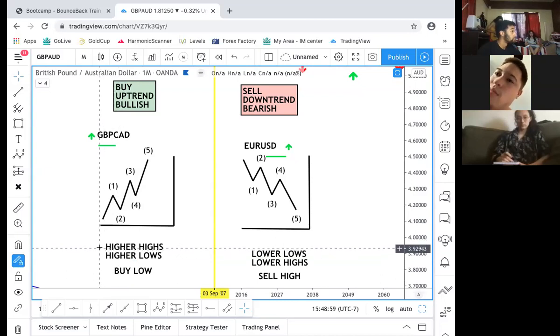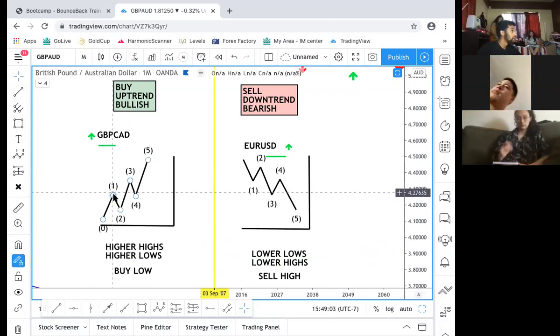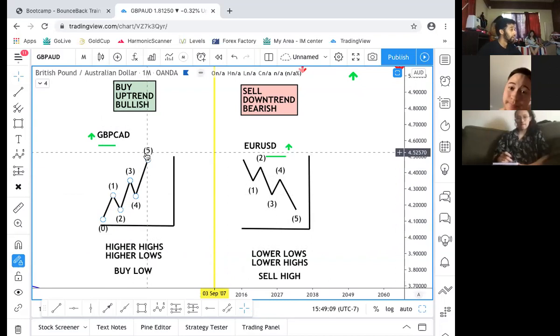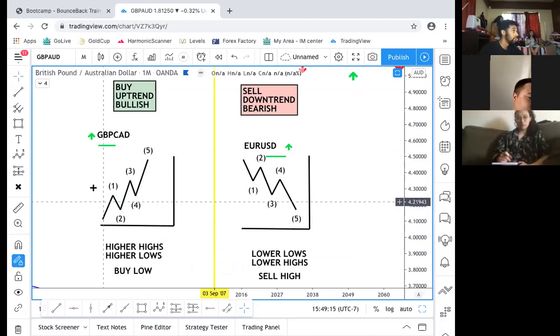When it's an uptrend, it's called higher highs and higher lows. So it goes up to a high, and then this is a higher low, then a higher high, then a higher low, and then a higher high. And we want to buy low, so we'll buy the higher lows. So what I mean by that is